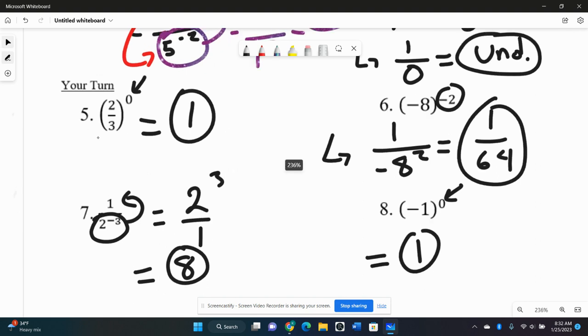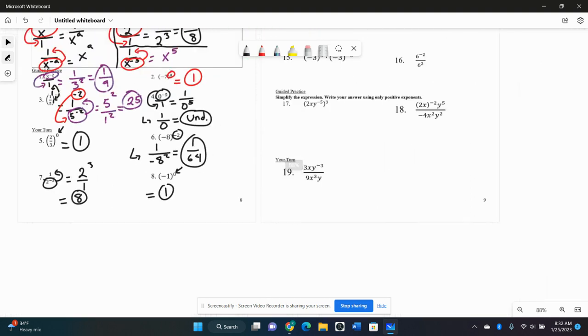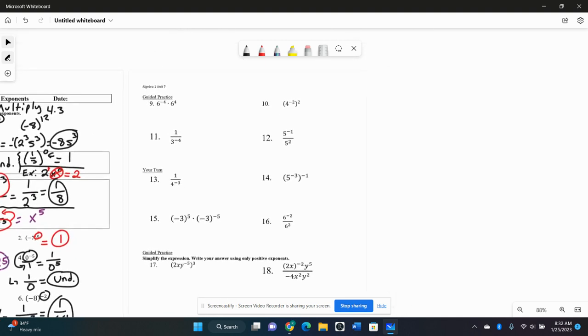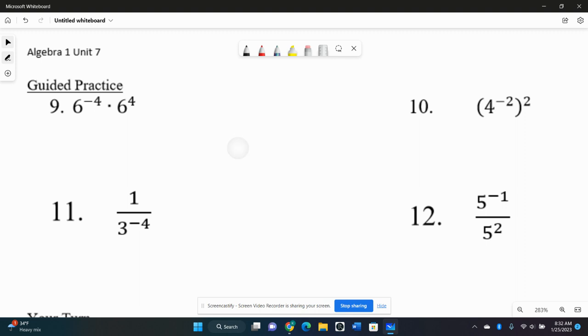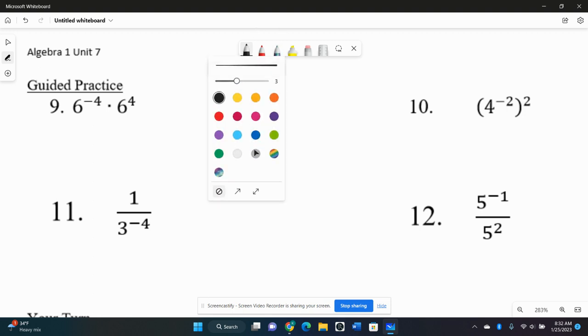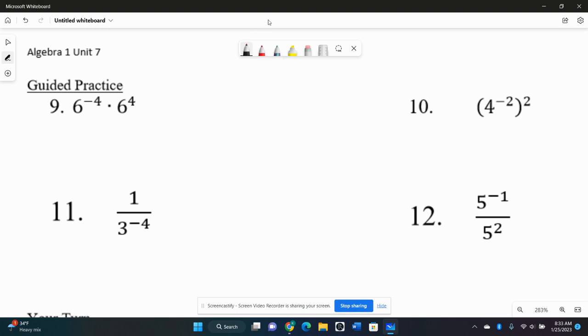So that would have been the front page of our notes today. If we look over here to the back page, those are all of the exponent rules that we're going to learn. Now it's just combining them and being able to simplify exponents. So for number 9, what do we see? Ooh, I have lots of markers I could use. But for number 9, we see